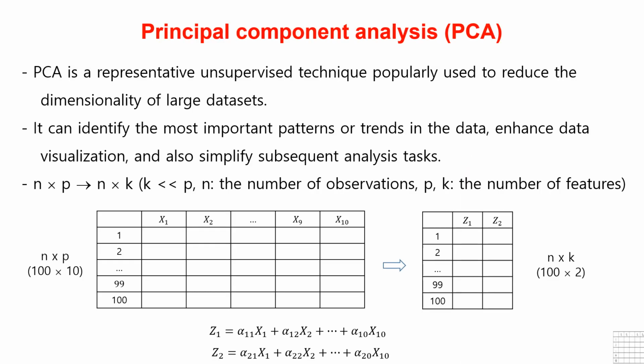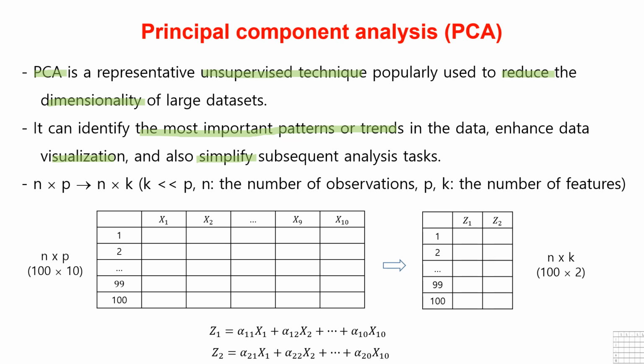Principal component analysis, PCA, is the most widely used dimension reduction technique in artificial intelligence and statistical analysis. As mentioned in the previous dimension reduction video, PCA is an unsupervised method, meaning it learns from the X data alone without Y data. Through PCA, we can extract important features from multiple characteristics, visualize data, and simplify the analysis